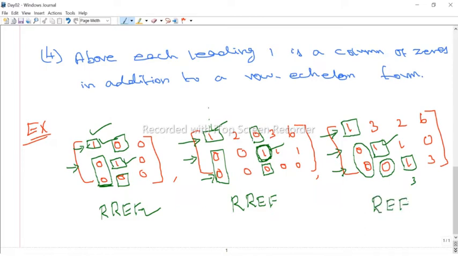Okay, but this is not a row reduced echelon form. Why? Because if you take the second row, this is the leading one, but above the leading one there is a non-zero entry, and we need 0. But here 3 is a non-zero number. Again, even if you take the third row, above the leading one we are given non-zero entries 2 and 1. Therefore, the last matrix is not a reduced row echelon form, but it is a row echelon form, just not reduced. So reduced means above the leading ones also 0.